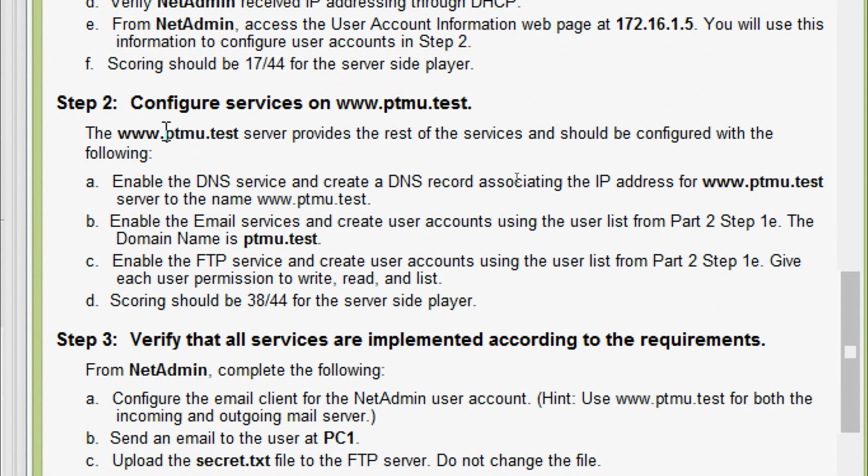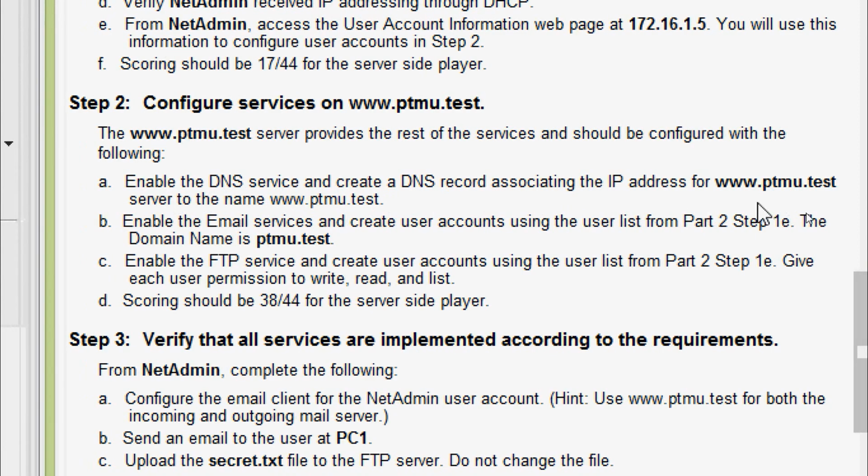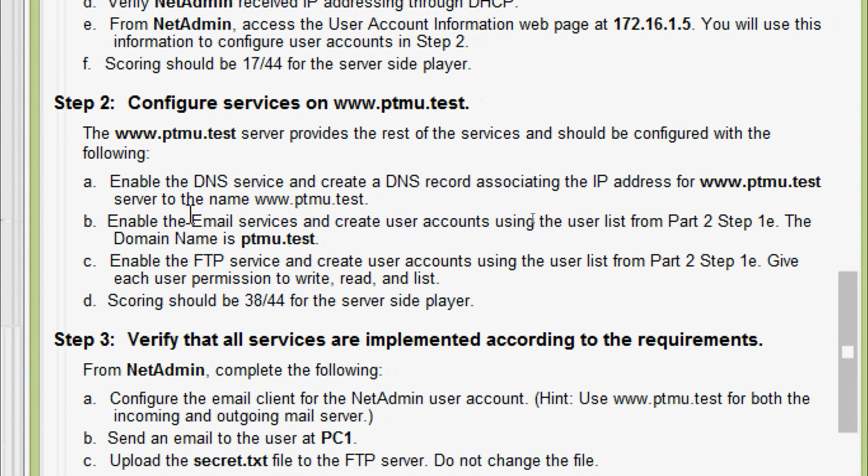Coming to step 2, configure services on www.ptmu.test. The www.ptmu.test server provides the rest of the services and should be configured with the following. First one, enable the DNS service and create a DNS record associating the IP address for the www.ptmu.test server to the name